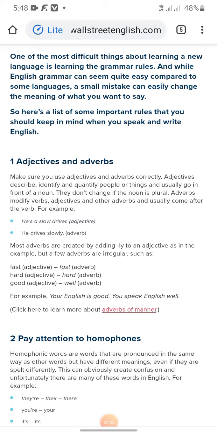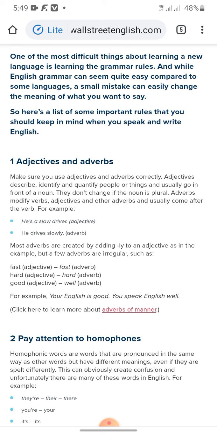So, as we know, one of the most difficult things about learning a new language is learning the grammar rules. And while English grammar can seem quite easy compared to some languages, a small mistake can easily change the meaning of what you want to say. So, here is a list of some important rules that you should keep in mind when you speak and write English. So, in this lecture, we will discuss the first one,